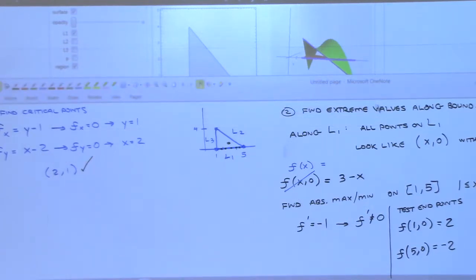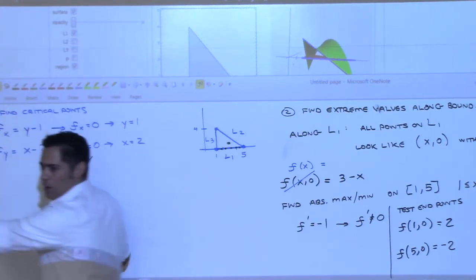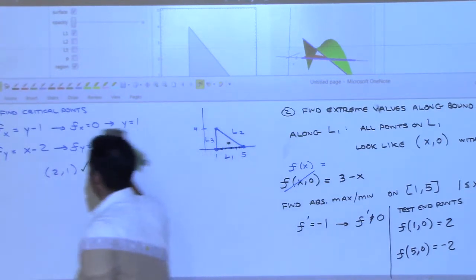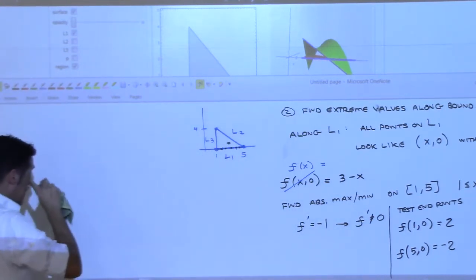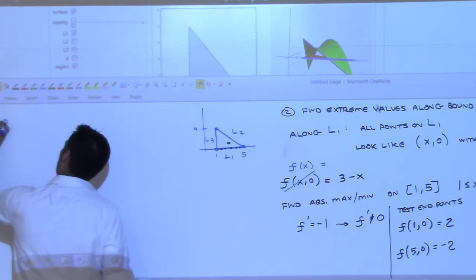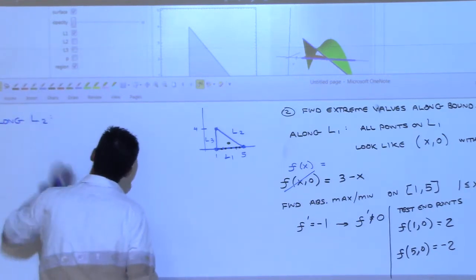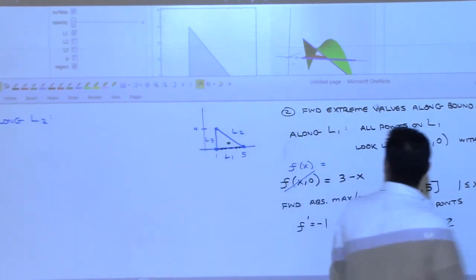All right, so let's look along L2. Let me save this. I'm just going to put this information over here on the side. We had f of 1, 0 was 2. F of 5, 0 was -2. And I need to do this one, right? I'll put it at the top of our list. This one we never plugged in, did we? I'll get it later, but let's not forget we have that point to look at later. All right, so now let's go along L2. Now, if we're on L2,